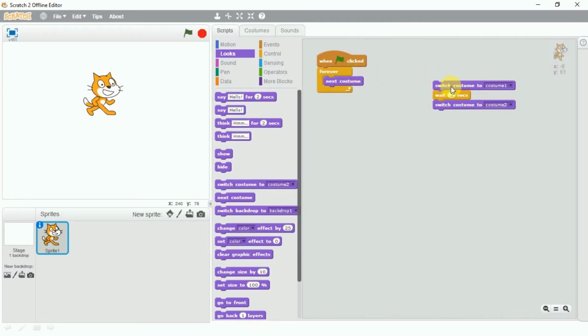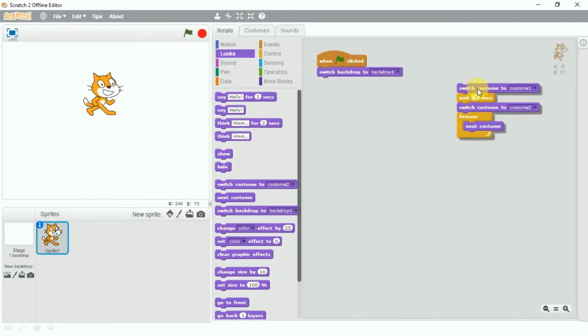And if you want to choose a particular costume of the sprite, then you choose this. The name will appear here, like 1, and you can directly choose the third if it has that number of costumes. I hope you are clear with these two, switch costume and next costume. Switching means switching to a chosen or random number. And let's see the next.